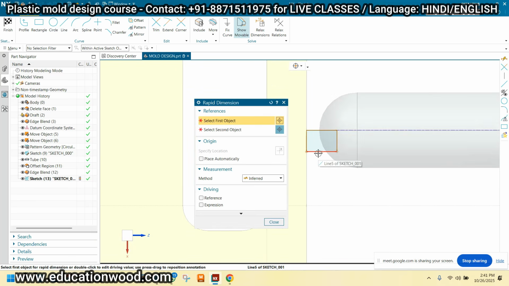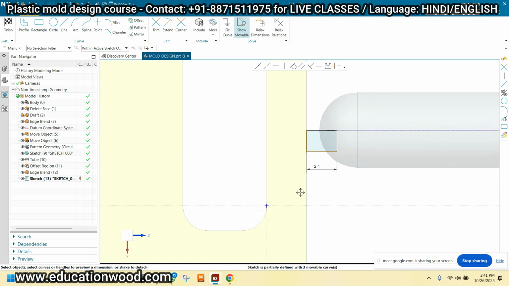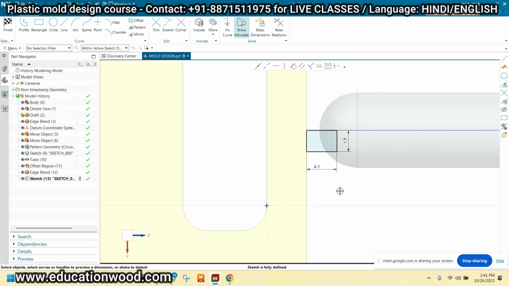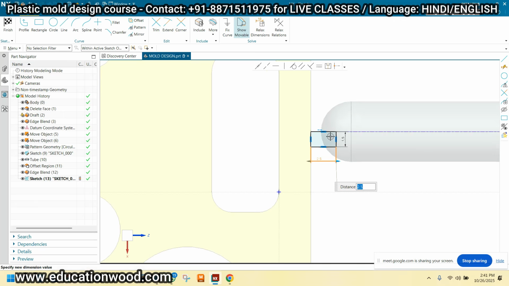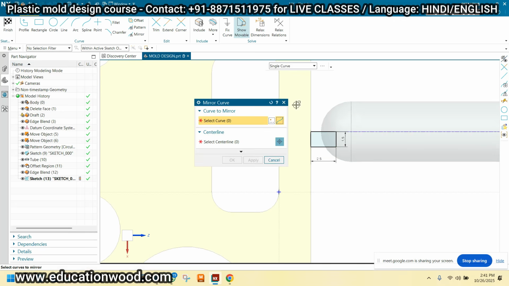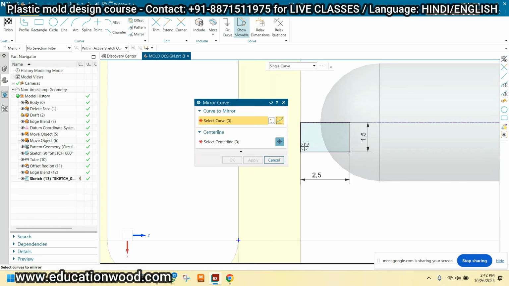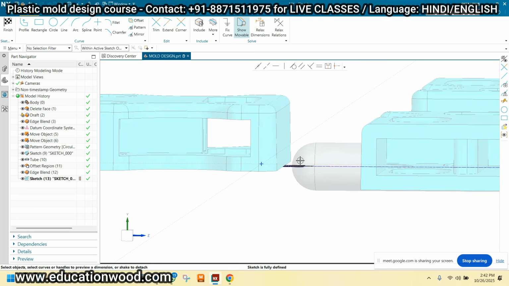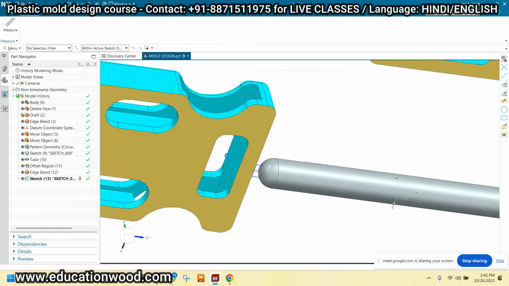I'm taking this dimension, and this is the 1.5. Take the 1.5, and this is the 2.5, and just mirror it, single curve, 1, 2, and 3, and this is the center line, and just click OK. So it will be the 3, right? And finish it.